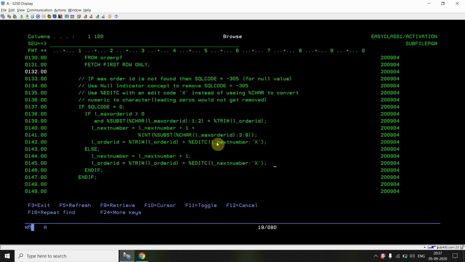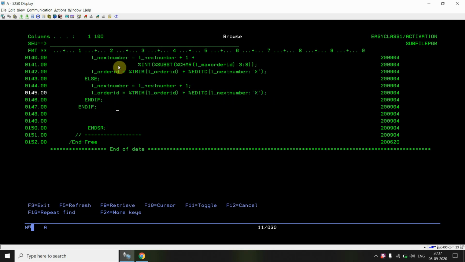So we use the editcode with X, the built-in function %EDITC. This way we are able to generate the correct order ID, an automatic auto-increment order ID with specific requirements.